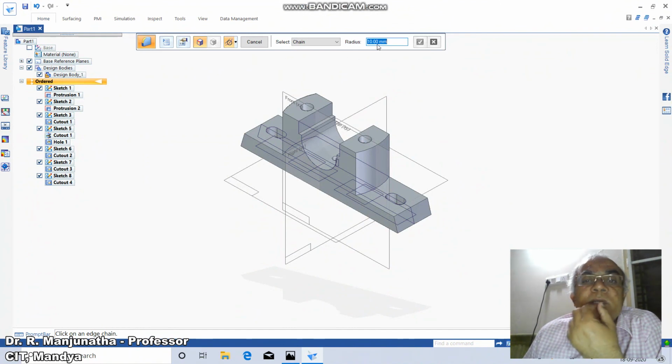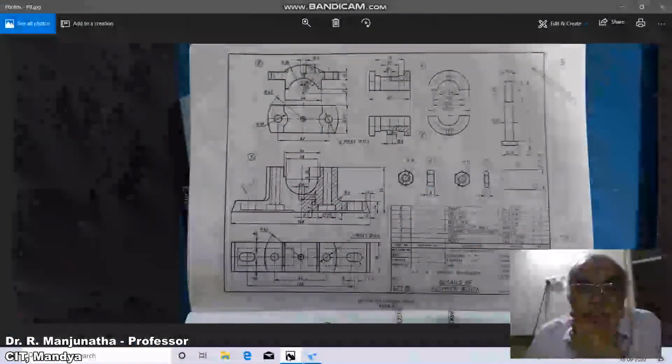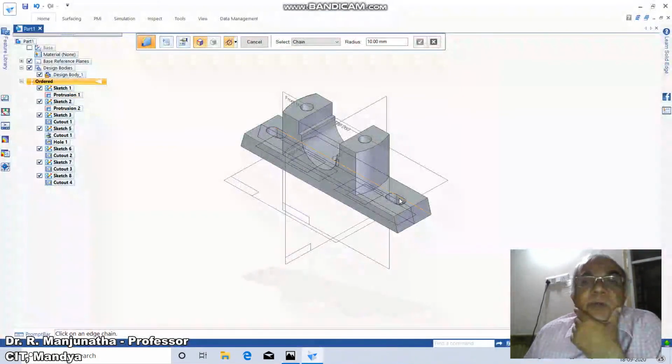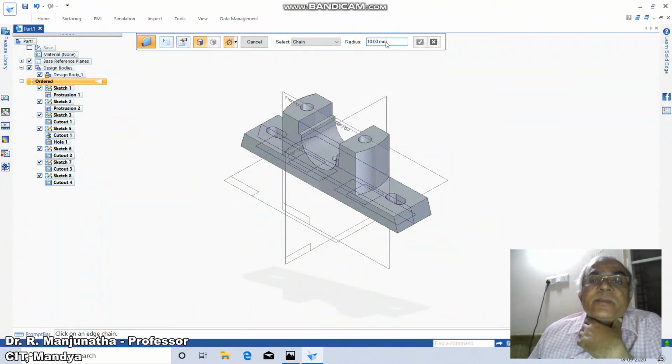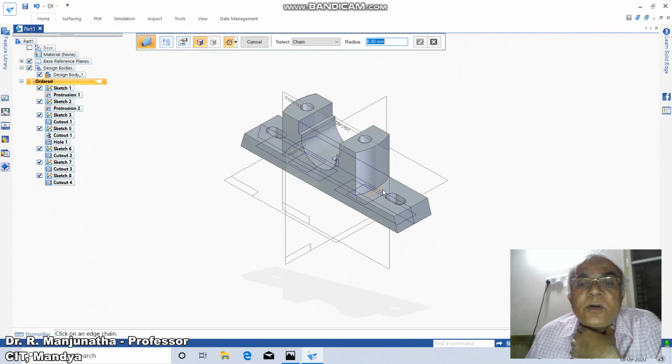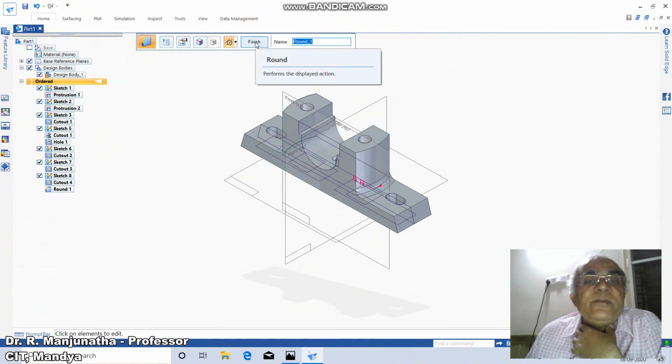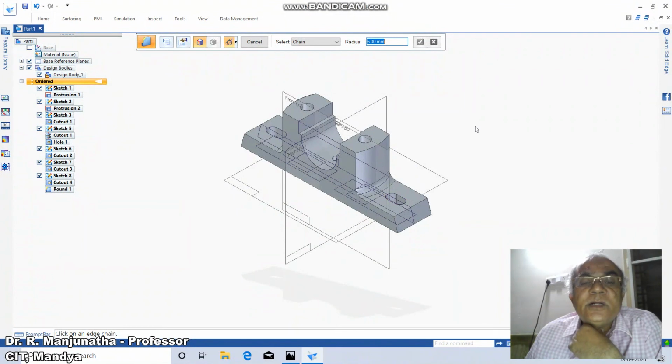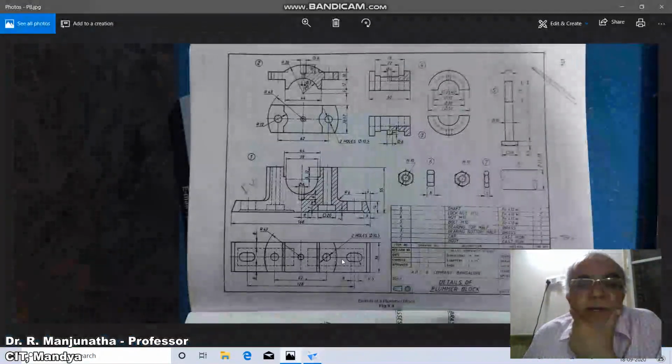You have the round option. So what is the radius we want? The radius is given to be 6. So you set the radius as 6. You accept this, then click on this. Similarly you click on this side, then accept it, then go to preview, then finish. So you are going to get the total radius. This is how you will be able to create the model. So this is the final model, we have completed everything.